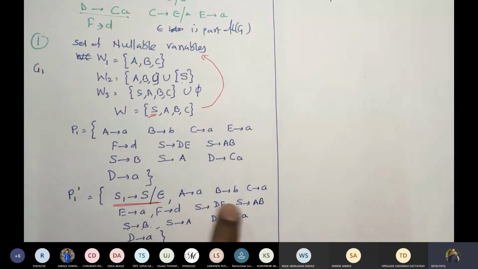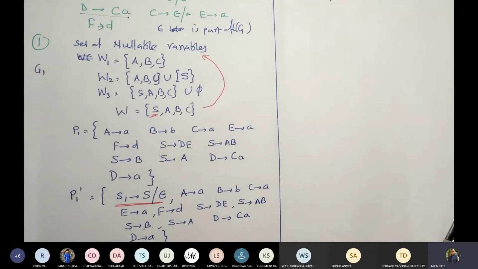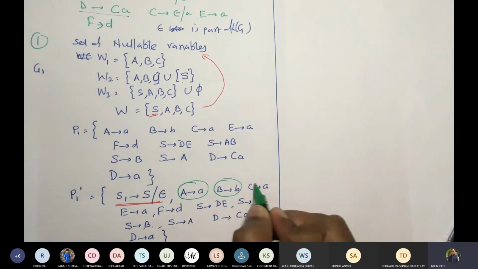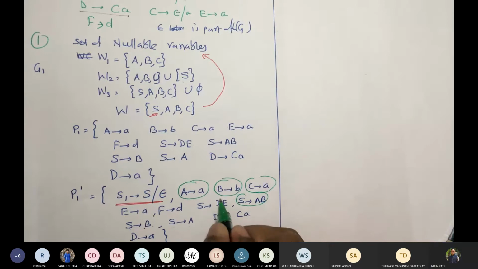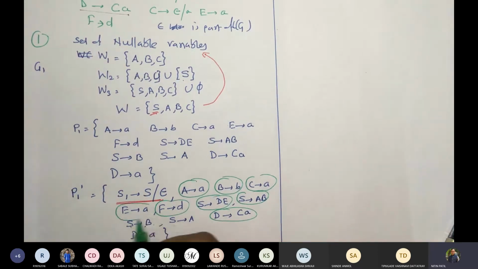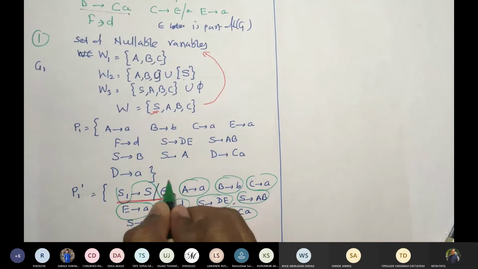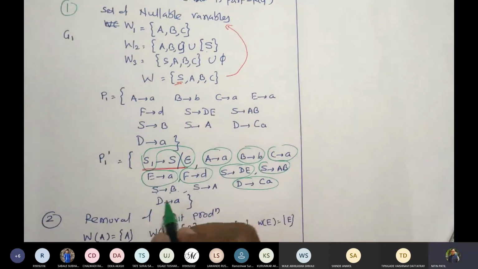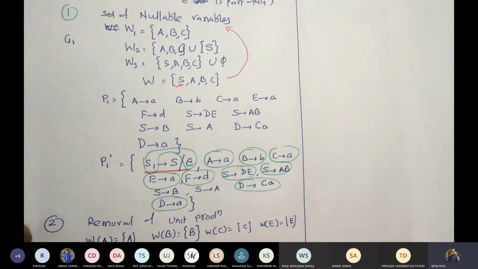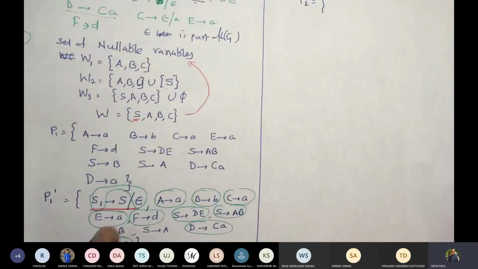All non-unit productions, for example, I will mark it with green. Non-unit productions are this one, this one, this one, this one, this one, this one, this one, this one, and this one, correct? Then this one. All these are to be added as they are. So let me add them there. I will write